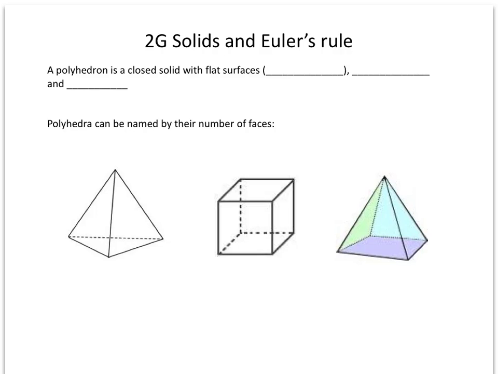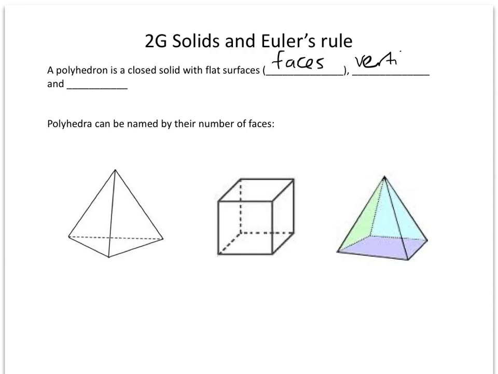Okay, this video is looking at solids and Euler's rule. So when we talk about solids, what we're really talking about are three-dimensional shapes. The name for those is polyhedra or polyhedron. Polyhedra is the plural of polyhedron. So a polyhedron is a closed solid with flat surfaces, which we call faces,